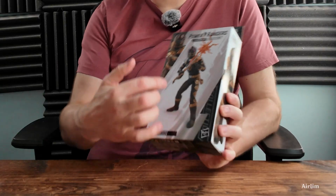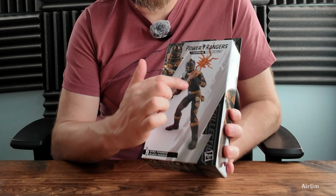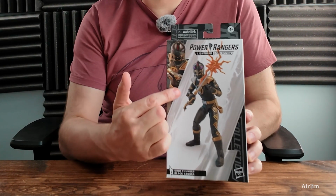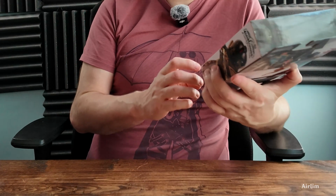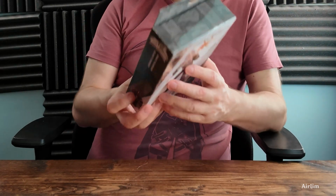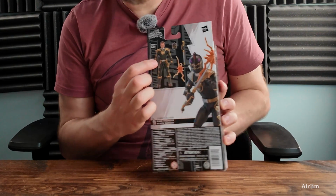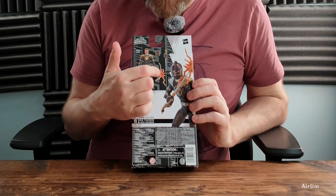And we have a really nice 3D image of Tommy Oliver in the Dino Thunder Black with obviously his staff. We got a picture of him there. And obviously it says Dino Thunder Black Ranger. On the side is a really nice thing of the Dino Thunder helmet. On the back, we see the 3D render of Tommy, and then it's got his helmet, his lightning effect, his